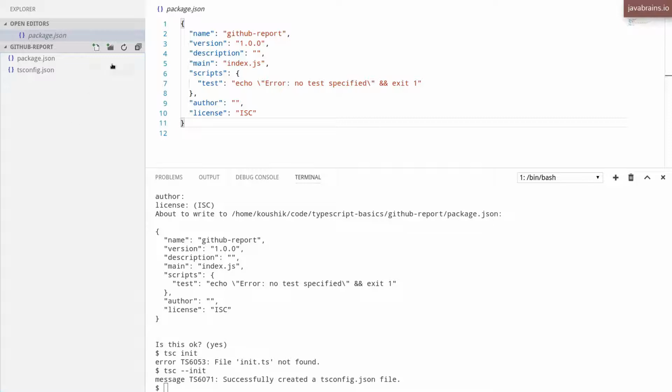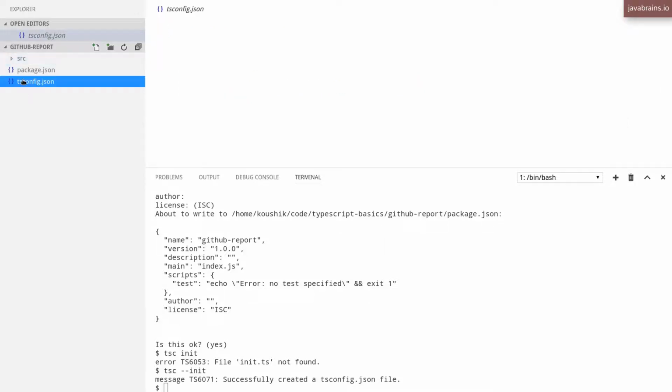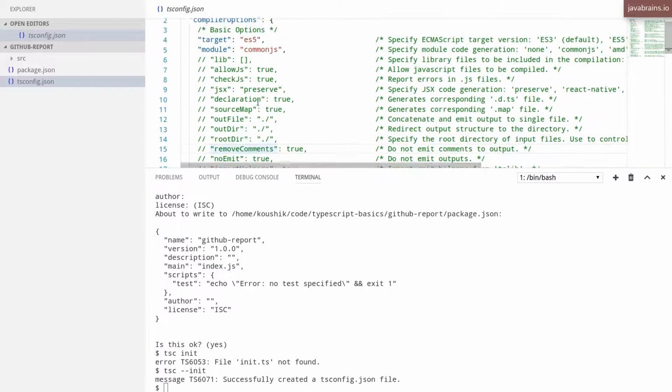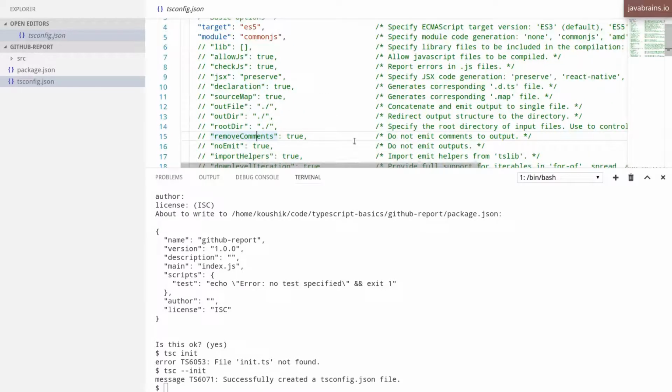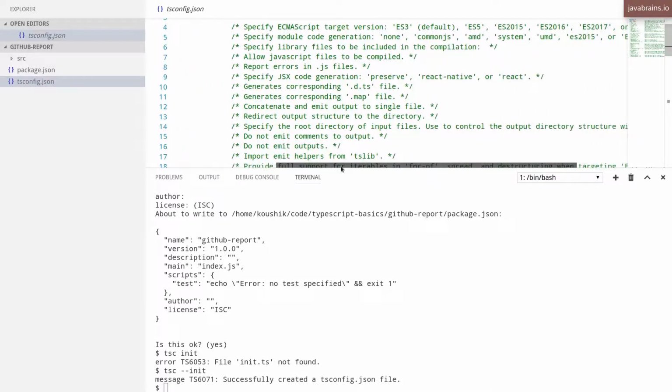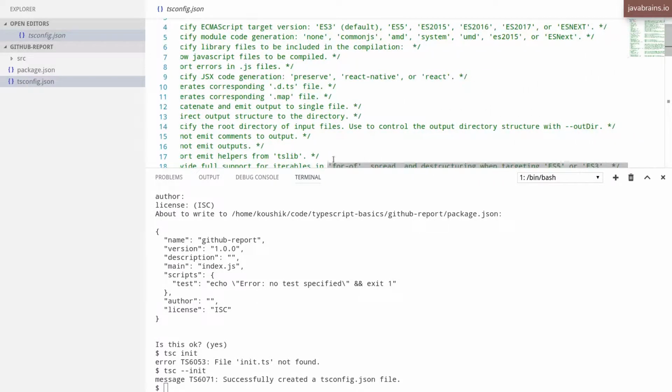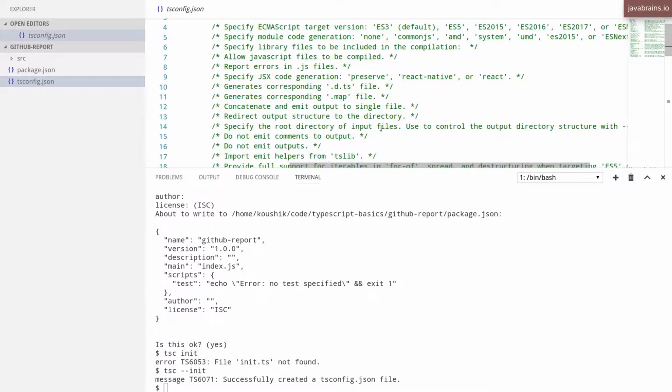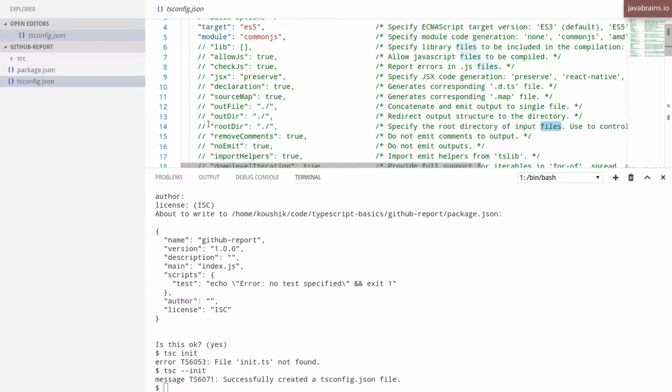I am going to create a source folder which is going to contain all my source files. This is going to be different from what we've been doing so far. We've placed the source files in the root, but in order to make things a little bit cleaner, I'm going to create this folder called src, and in my tsconfig.json I have this property called rootDir. As you can see here, it's used to specify the root directory for input files. Now I am going to have this point to